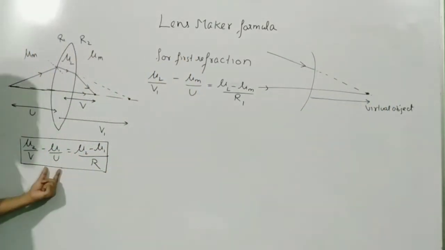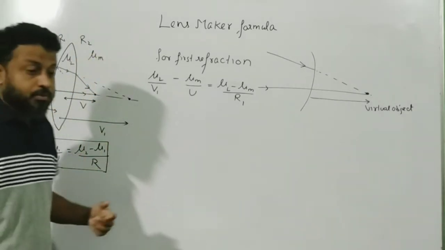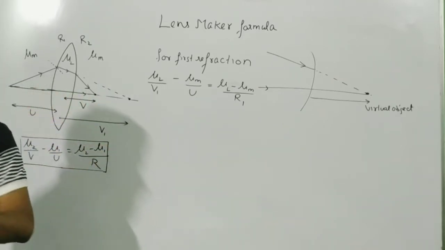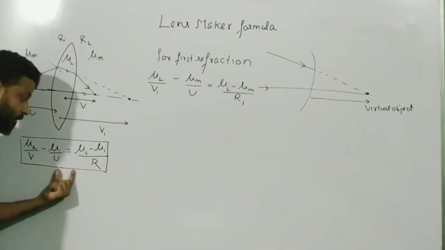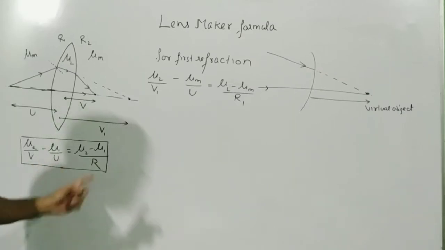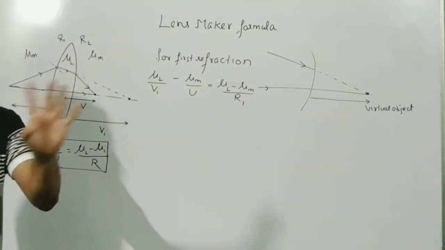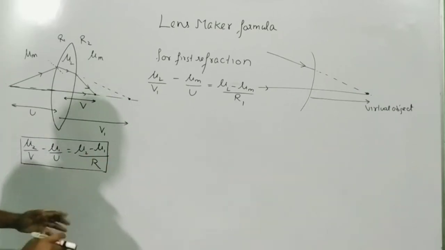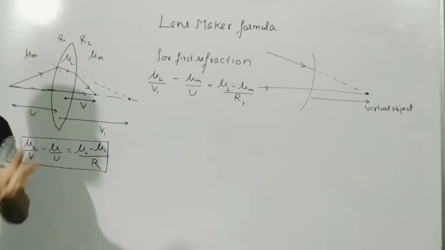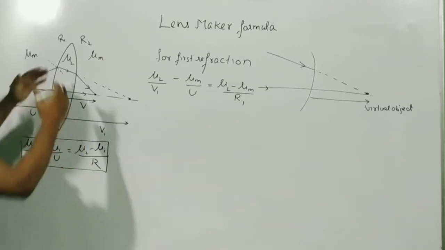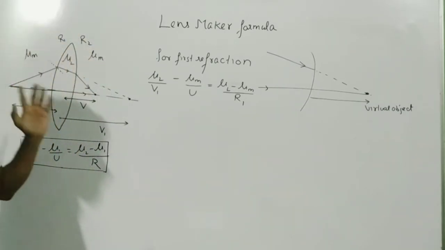For this formula which we have obtained, the derivation, you can see the video on refraction through a curved surface. While obtaining this formula, we have already used sign convention. So while deriving this formula, we have used sign convention, and for the outcome result, we are again going to use sign convention. So in between, we are not going to use sign convention. And this diagram is for your understanding. What we are going to do is derive a general formula. You may draw this diagram, you may not draw the diagram. It's up to you.